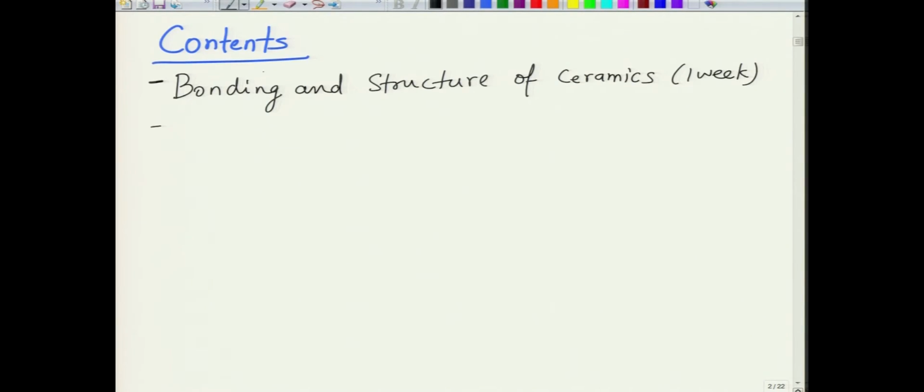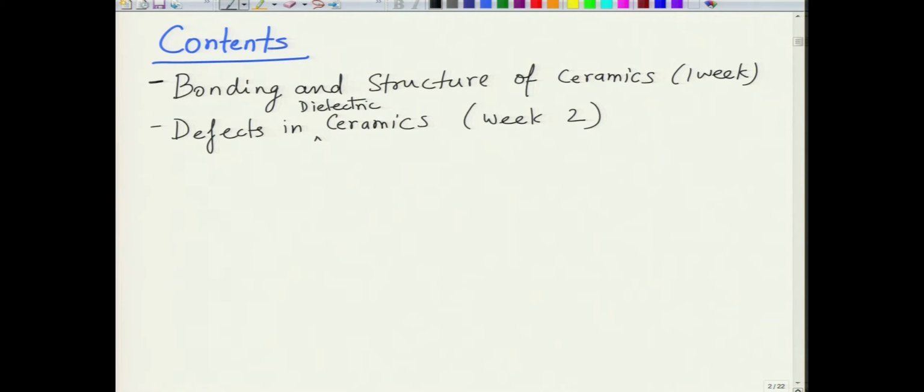And then we will move on to a very important topic in ceramics, which is defects in ceramics. Defect chemistry is very important to understand, especially in dielectric ceramics. Well, dielectrics are ceramics also, so it could be more generic. So this we will do over a course of week 2. Here we will talk about what kind of defects prevail in dielectric ceramics, what happens when you add impurities to them, what happens when you change partial pressure of oxygen, because most of them happen to be oxides. As a result, when you change oxygen partial pressure, there is a tremendous influence on the characteristics or properties